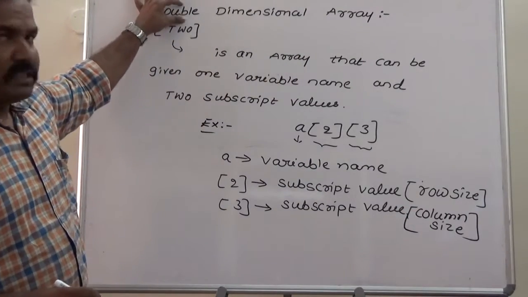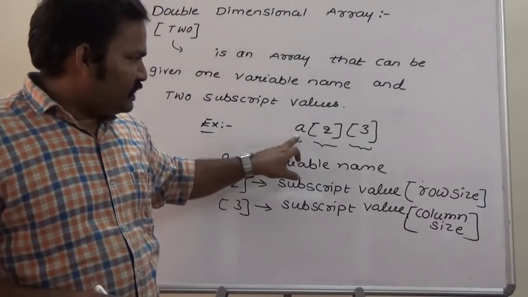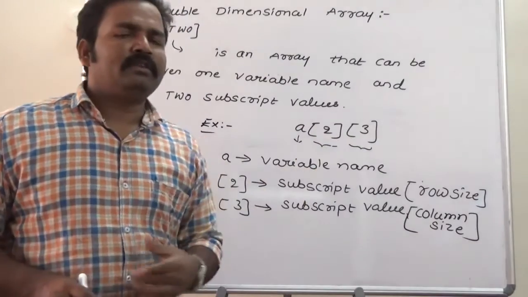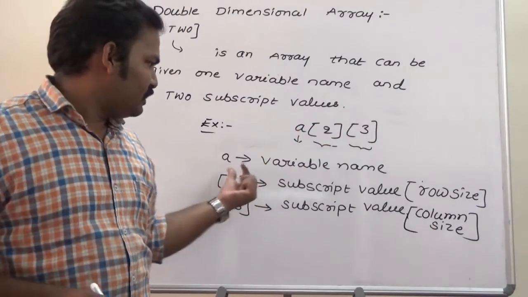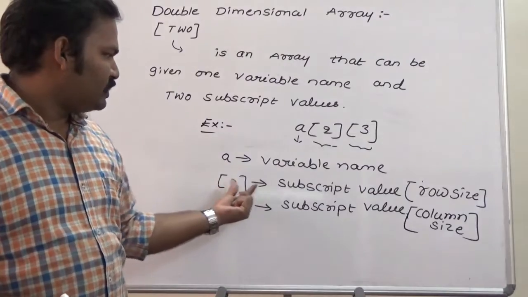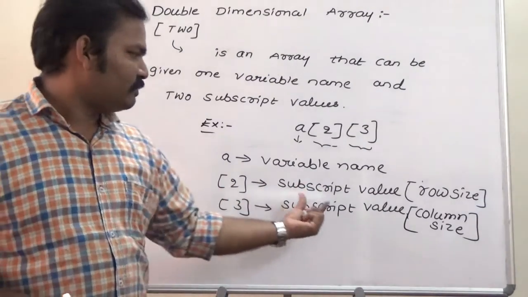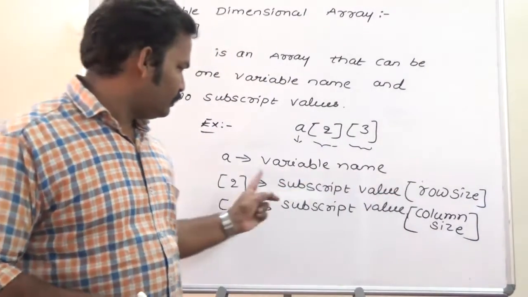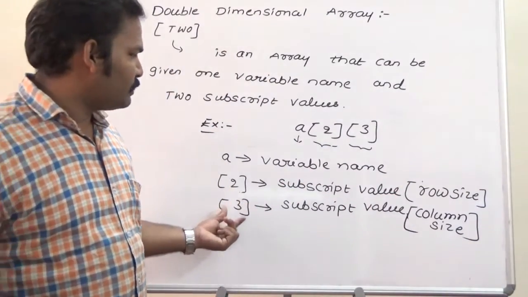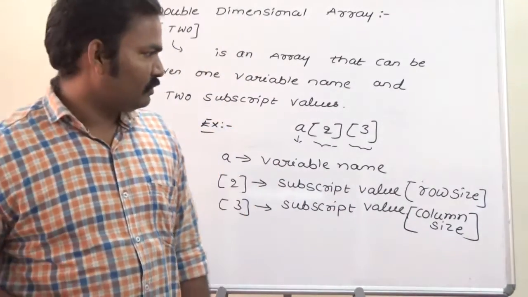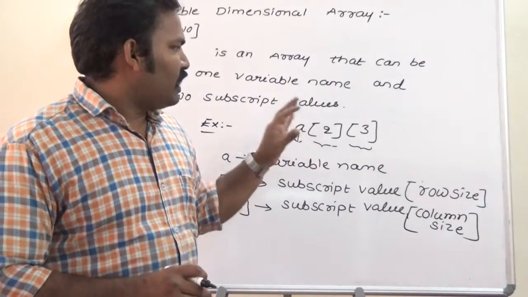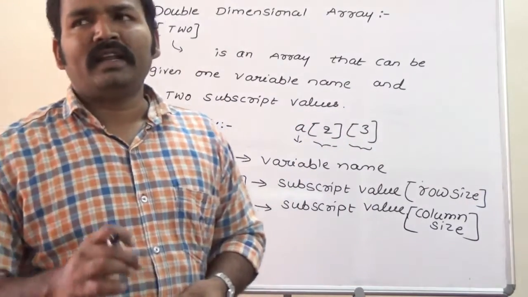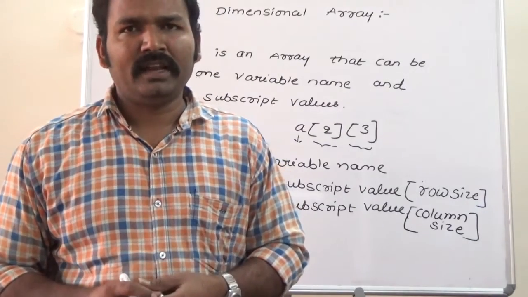A double dimensional array is an array that can be given one variable name and two subscript values. a is the variable name, this is the first subscript value, and this one is the second subscript value. The first subscript value represents row size, row size is 2. The second subscript value represents column size. The array which consists of two subscript values is known as a double dimensional array or two